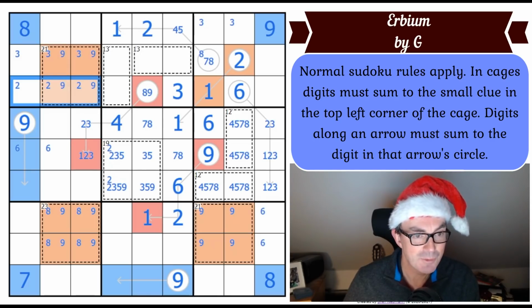Okay, so I've been looking at box 1, and I've got a 2 in one of these squares. I had these squares highlighted, so I was thinking about...